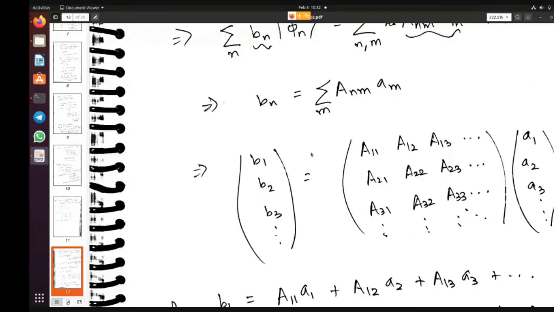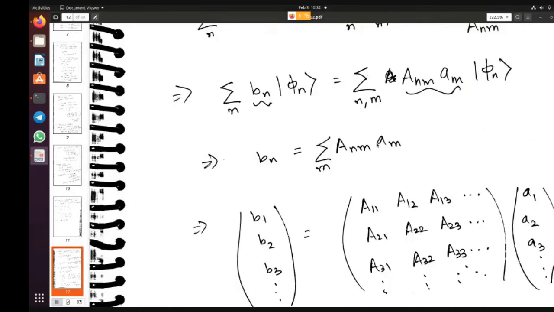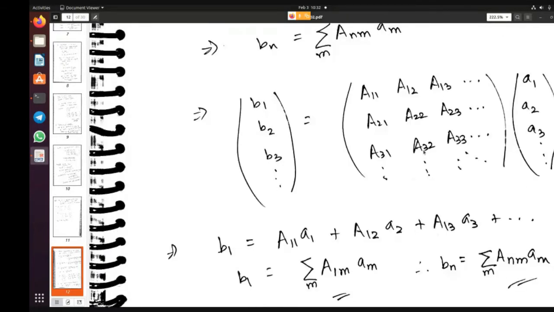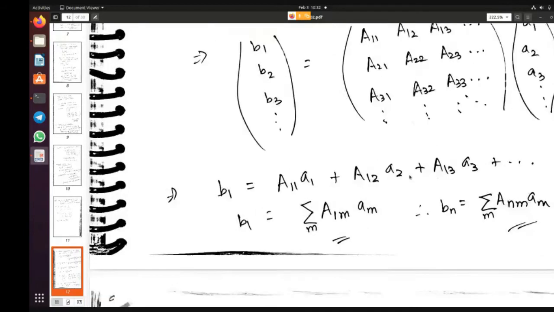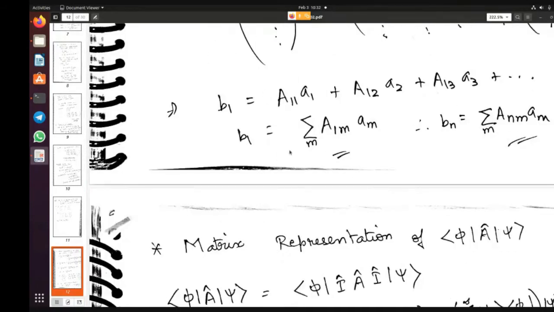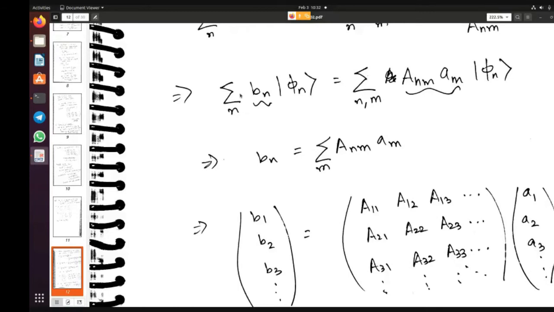Okay, so in matrix form, you see now how these summations are written in terms of matrices, right? I think we have learned this in the previous semester, right? How the summations or some equation can be written in terms of matrices. So you just need to go back and refresh that if you have some difficulty in following it. Okay, so basically here the coefficients are being equated.